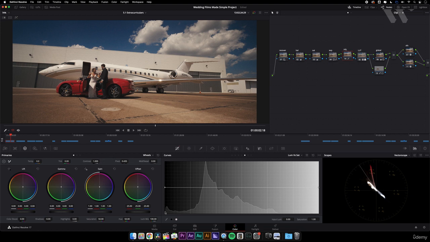So if we look at this graph here, this is the whites, the brightest portions of your image, and this is black. And so we notice that the yellow tint is really affecting just the brightest portions of the shot. And so what we can do is just take our white point, and we can drag it down towards, this is desaturated, and then this is saturated. So we can pull this down to desaturate